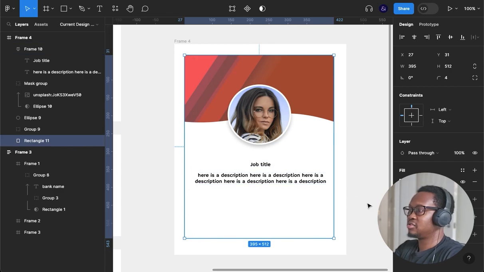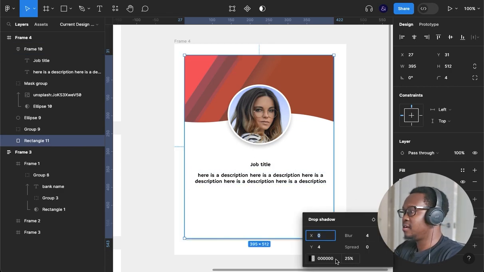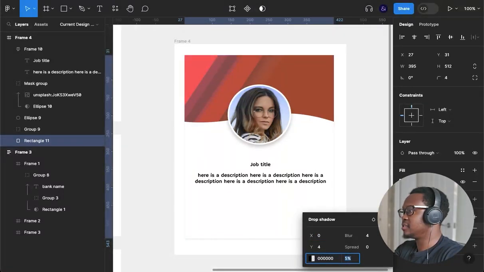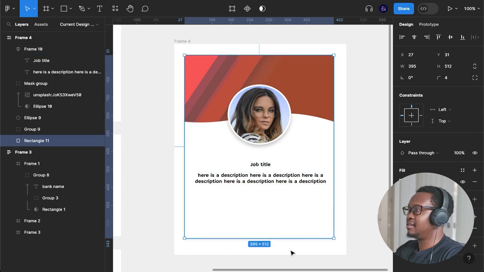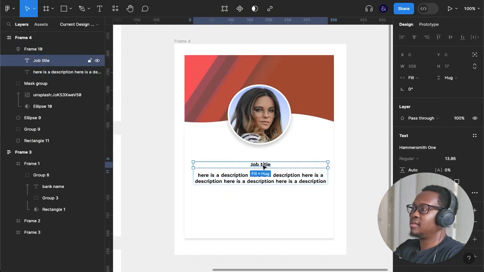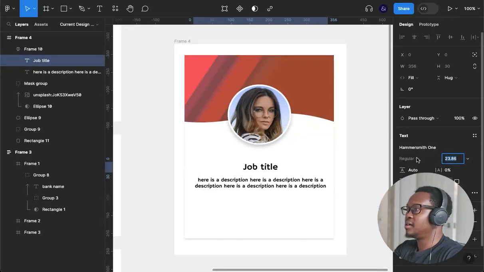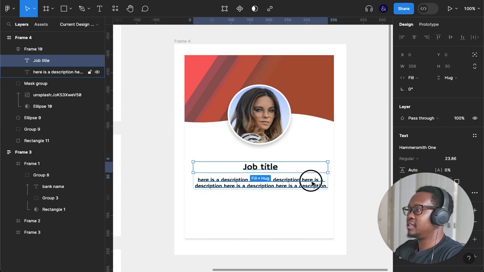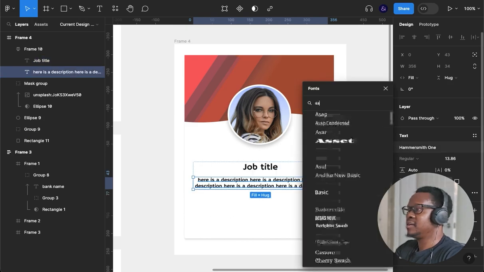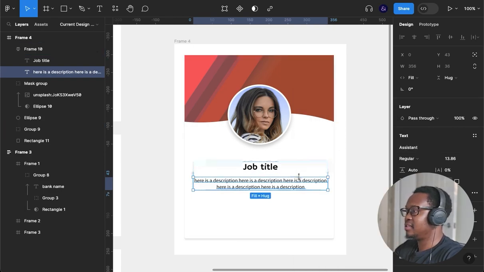If I give this a stroke, actually let's put back on our drop shadow. And there we go. Just so we can see the outlines of the actual rectangle. If we scale this up, and then what I'll do here is that I will use a different font. Assistant is my favorite sans serif font, it just goes really well with everything. So if I scale that down,